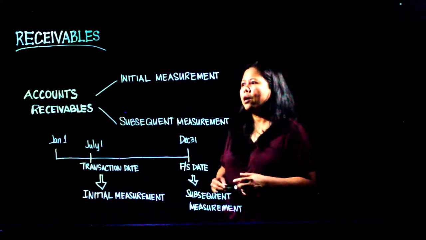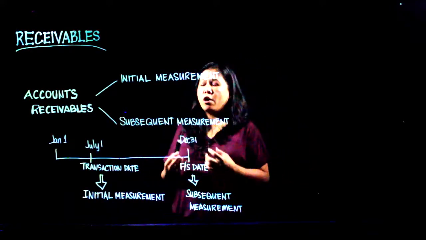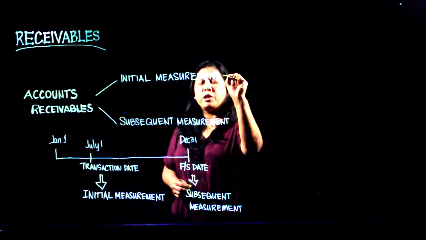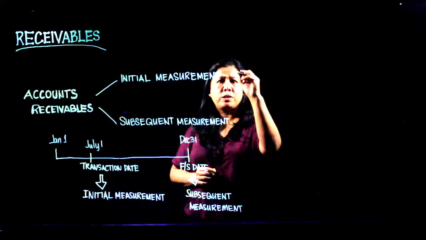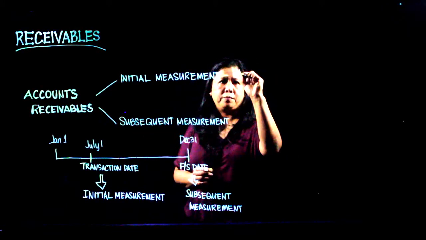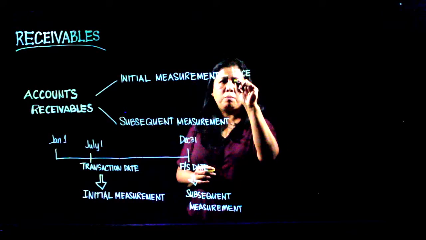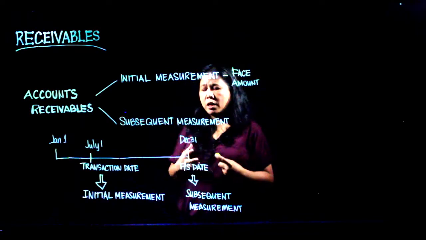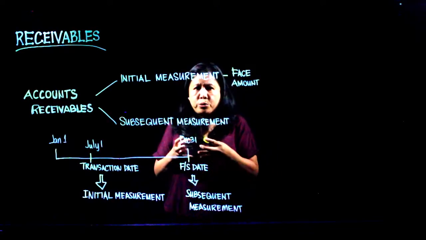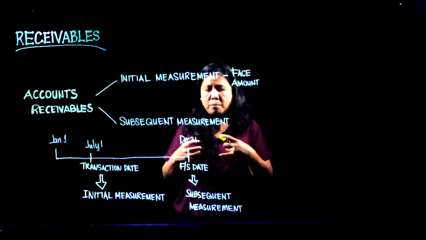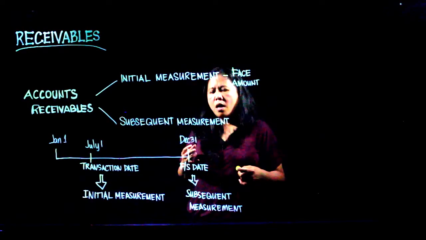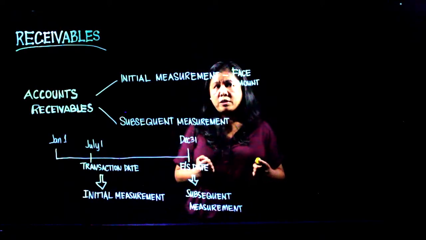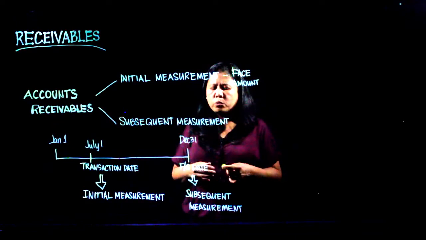All right. Now, what is our initial measurement of our accounts receivable on the transaction date? Our initial measurement of our accounts receivable is the face amount. What is a face amount? Face amount is how much the customer owes the company. So when the problem says the company sold 100,000 to a customer, then 100,000 is your face amount. But when a company